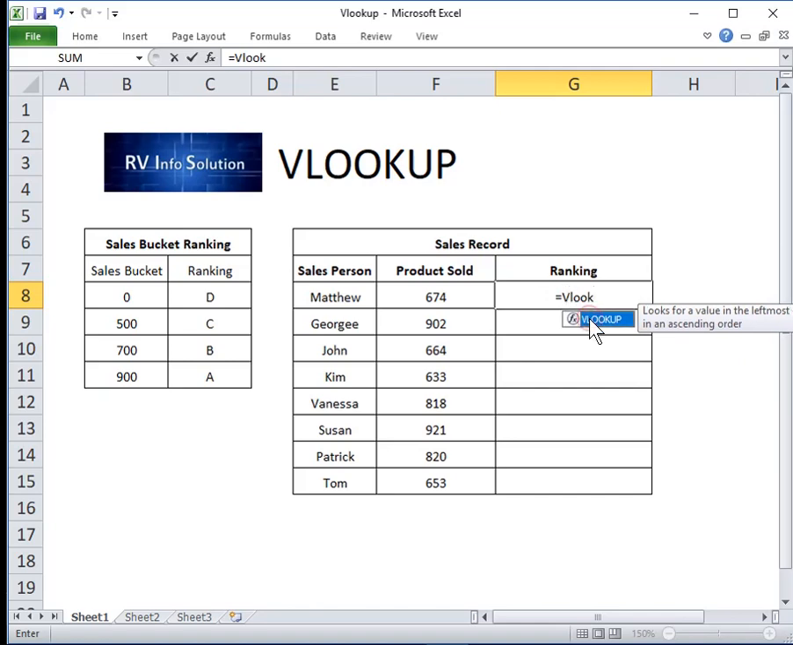Lookup value. This is the lookup value which we will be looking into this table. So select this, comma, table array. From which table do we want to fetch the record? So from this table we want to fetch the record. So select the whole table,